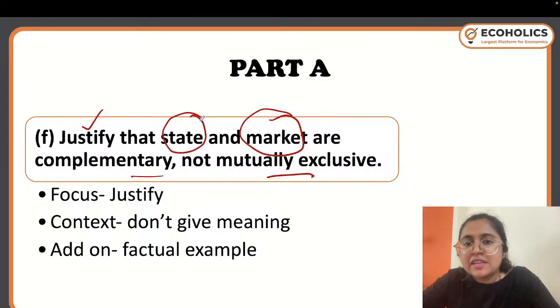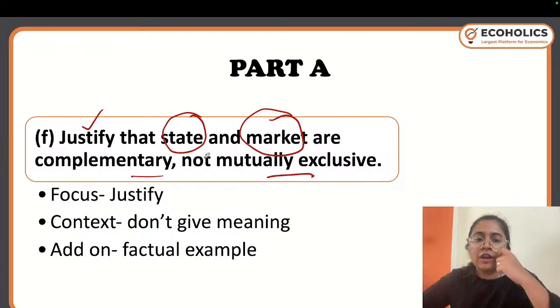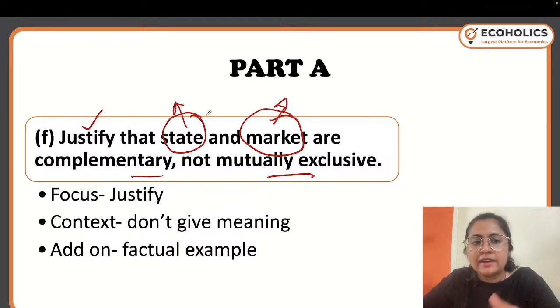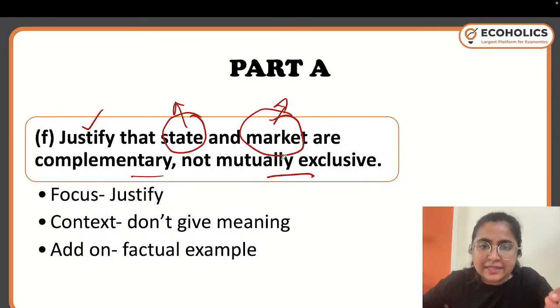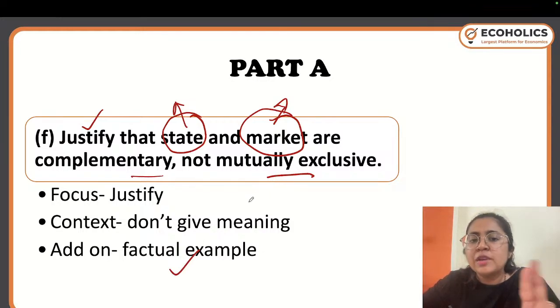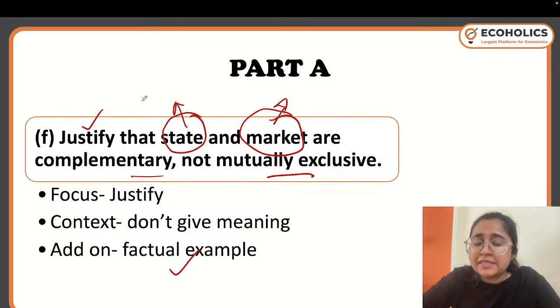Justify that the state is what? The government or the authority, and market, of course the market, are complementary and not mutually exclusive. Now the focus area of course is justify, so you do not need to start giving meaning of market and state and so on. Just go ahead with your answer, that why do you think it is complementary and not mutually exclusive. You can also add a factual example, that for, let's say, for example, when the government and the